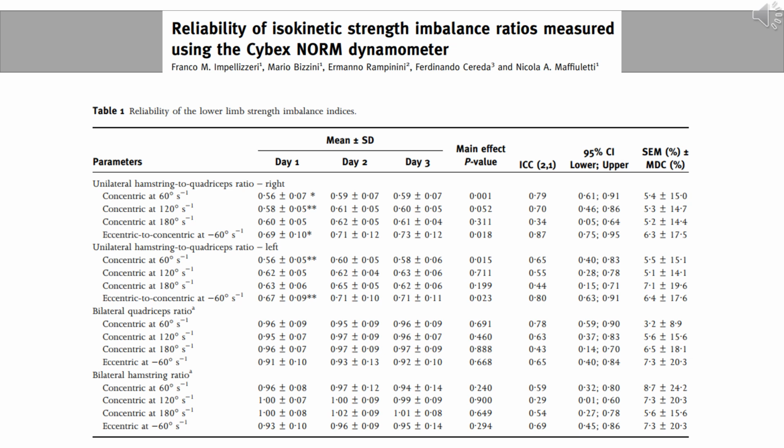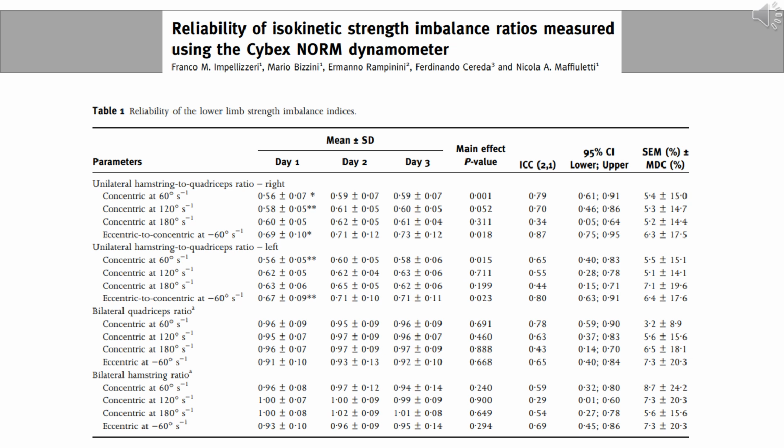Now, one of the most common uses of isokinetic dynamometry is to report hamstring quadricep ratios. And this is a fantastic study by Franco and Pellizzeri, who I'm sure many of you will have heard of before. Essentially what they looked at was concentric and eccentric measures of hamstring and quadricep peak torque. But this particular table is looking at the reliability through the intraclass correlation coefficient and the standard error of measurement